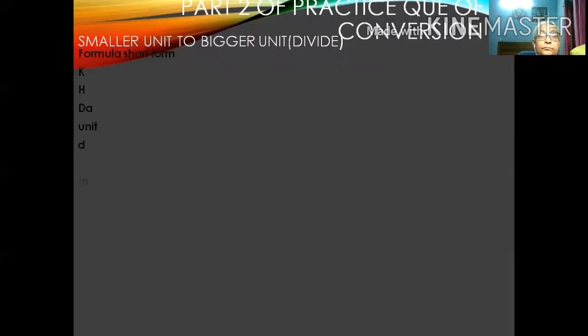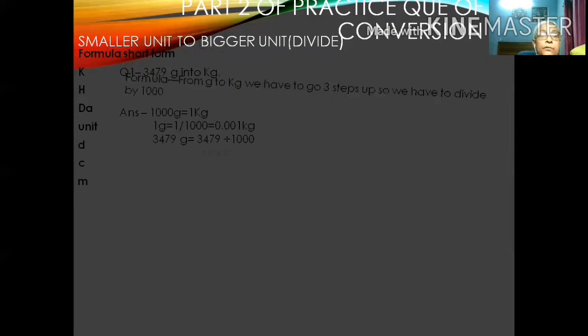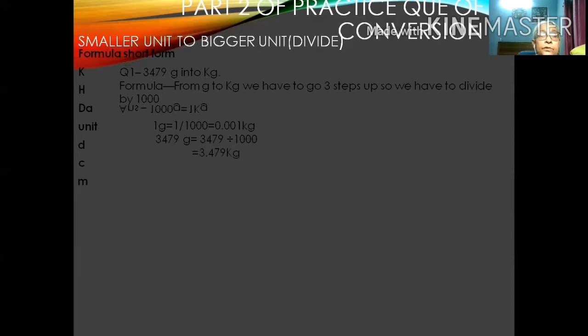Now part 2 of the conversion, that is from the smaller unit into the bigger unit. So what do we have to do while converting smaller into bigger unit? We have to divide. Again we have to bring that small microscopic table here, KHDA unit DCM. Now the formula from the first question is